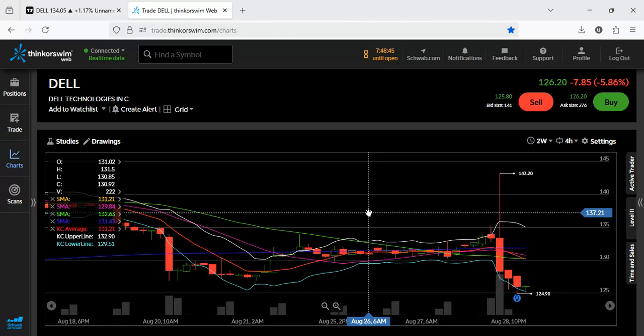Analyst sentiment and price targets. The street maintains a bullish outlook on Dell. Out of 15 analysts covering the stock, 11 are bullish while 4 are neutral, with no bearish ratings. The average price target is $143.67. Mizuho recently increased its price target from $150 to $160, maintaining an outperform rating.